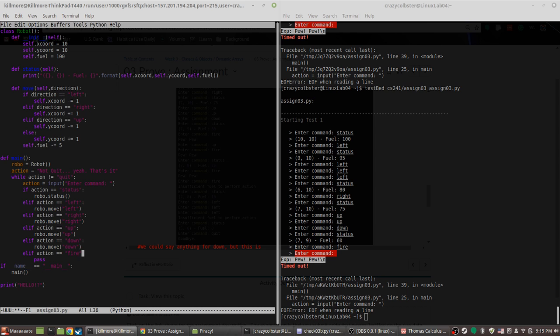If action equals fire, robo dot fire. Def fire, it needs self.